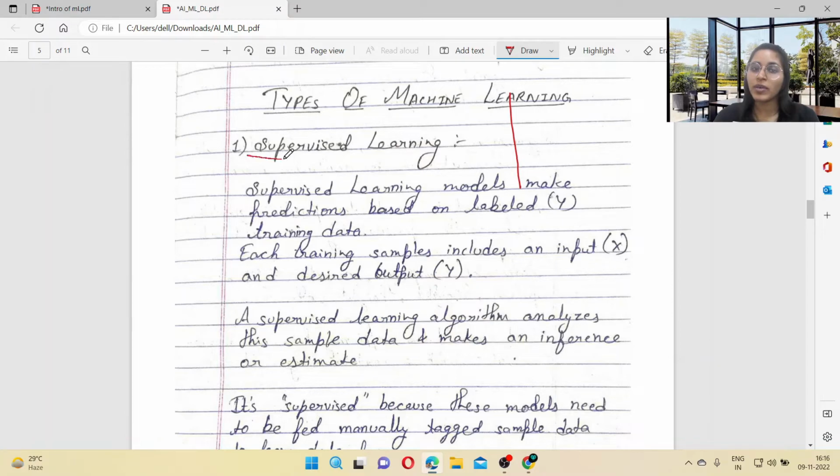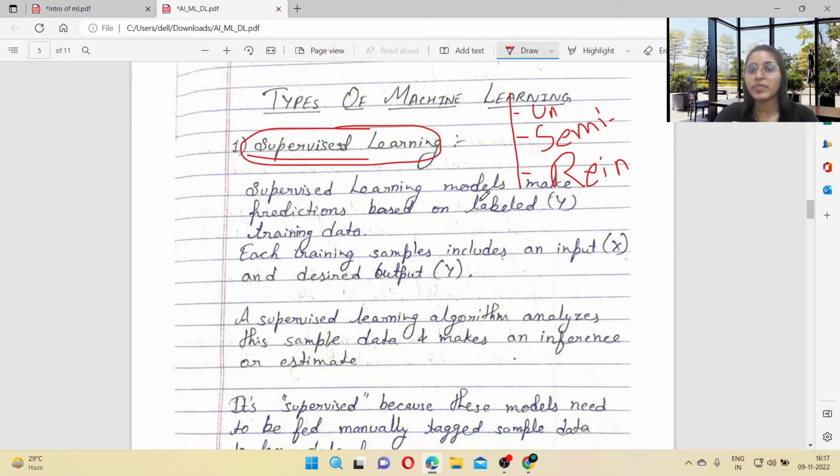First, supervised machine learning, and second is unsupervised machine learning. Third is semi-supervised machine learning, and fourth is reinforcement learning. So what do we do in supervised machine learning? In supervised machine learning we have